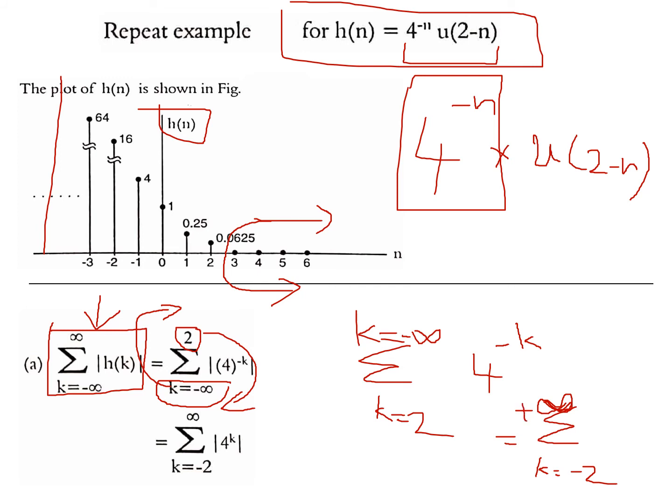When I do that, I should change the power of alpha. Alpha becomes plus k. Since I am reversing the sign of both upper and lower limit, I am reversing the sign of the power of alpha also. This is allowed in maths. I don't know much about this formula, but this is what we do in maths. Now the lower limit is minus 2, upper limit is plus 2. Now it is in the proper form.